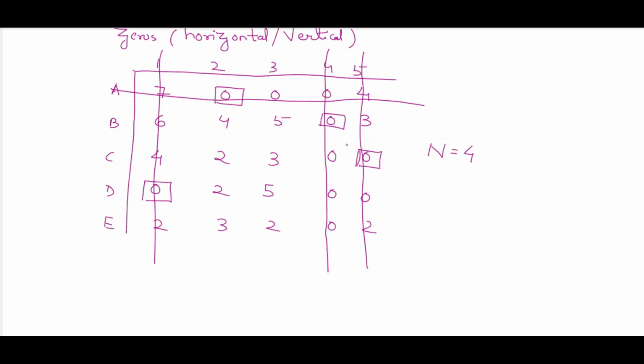I'll repeat how I have marked these lines. First of all, we will go for row wise scanning. Row wise scanning means you scan the first row. If the row has only one zero, that is what we are concerned with. In this first problem, the first row has 3 zeros, so we have left that row. Then immediately we moved to the second row, and the second row also had only 1 zero.